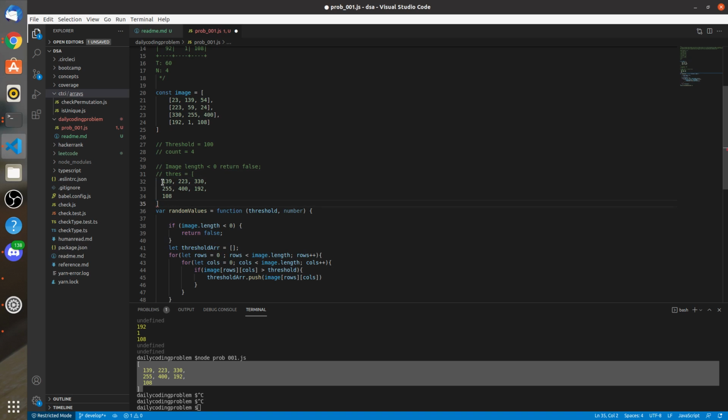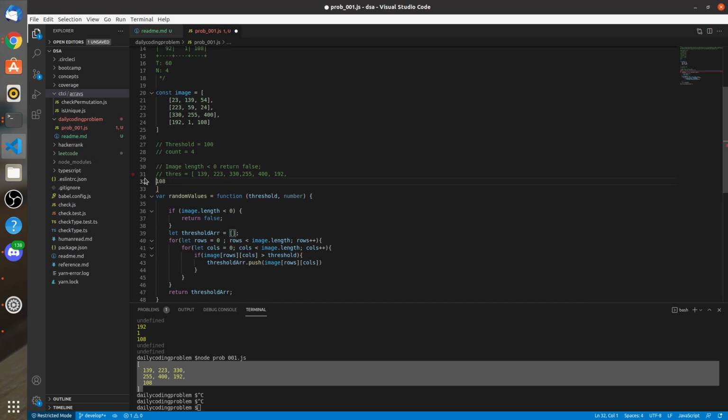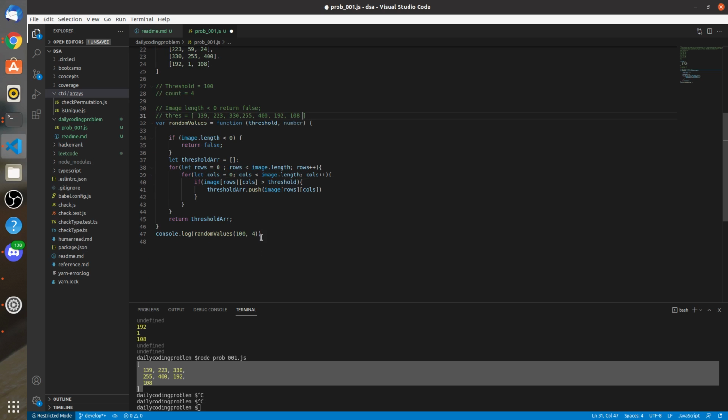So we got our threshold array. So we need to pick randomly the first 4. Randomly, since we are picking the values, we need to randomly get the indexes. So randomly assign the index and pick these values. To do that, we will go with a random utility, the Math.random